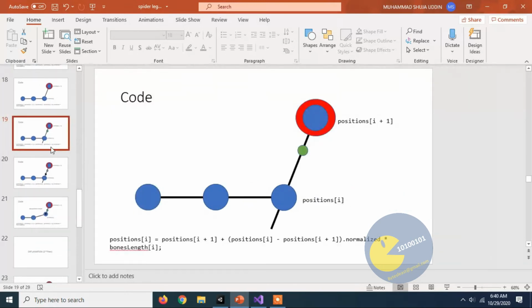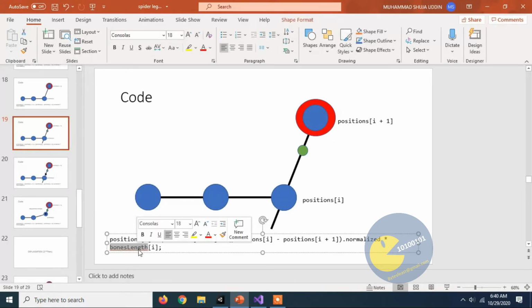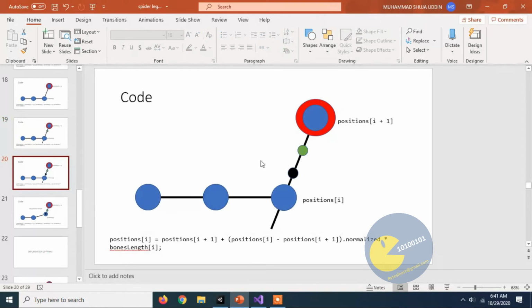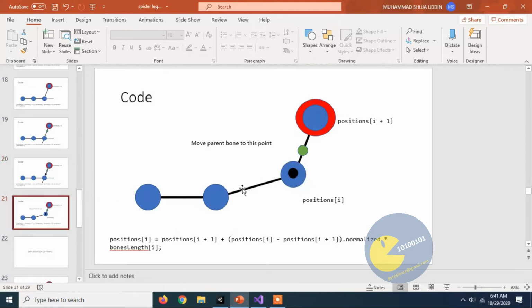So we need to multiply this normalized vector with this bone length, so it would be equal to the length of that bone which was here. So it would be right here, as I explained to you in theory, and you know the next step, we need to move this bone toward here.